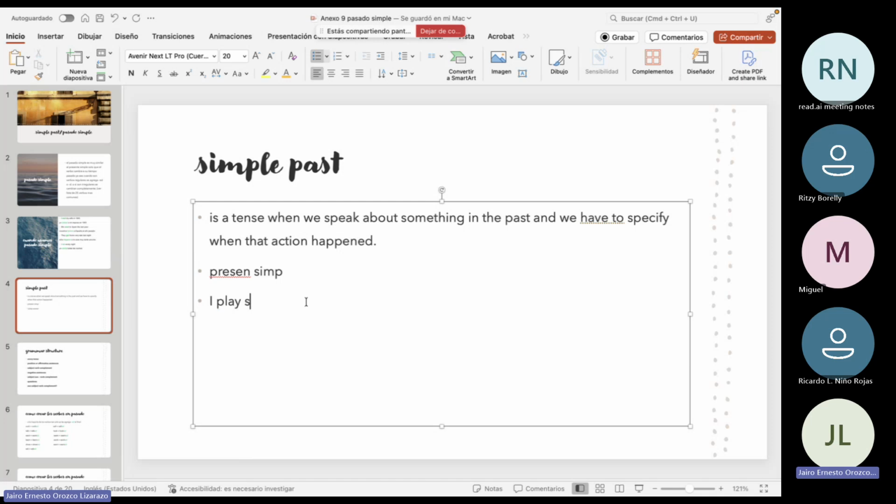Or let's use, I play football. Everybody says football except the American and the Australian. The rest of the world says football, so let's call it football. So for present simple, we have I play football. We have the subject, the verb, and the complement. We don't have the auxiliary. We can use it. We can say, I do play football,